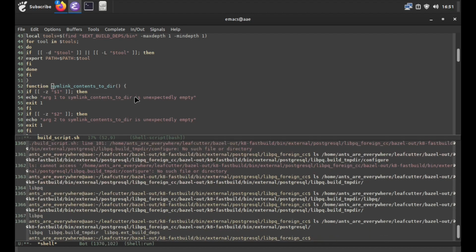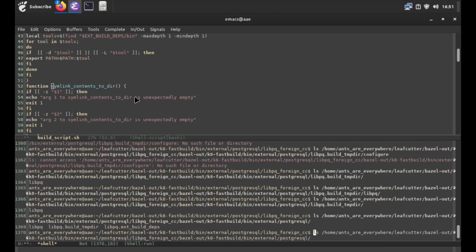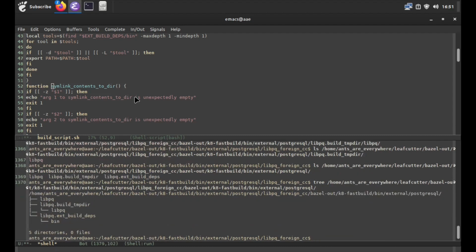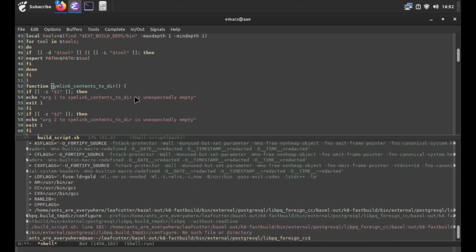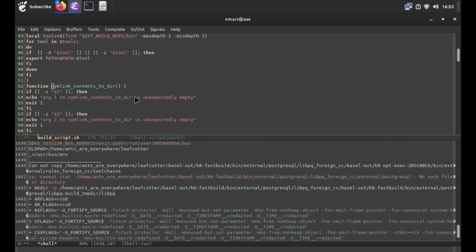It's building this libpq temp directory, but there's nothing in it. So why is it building it? It can't stat this directory. We can't copy